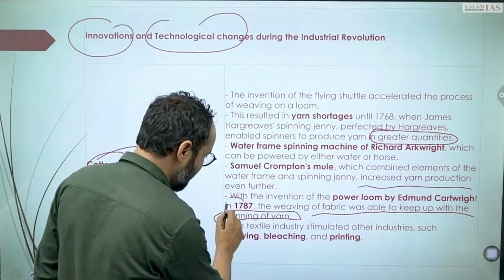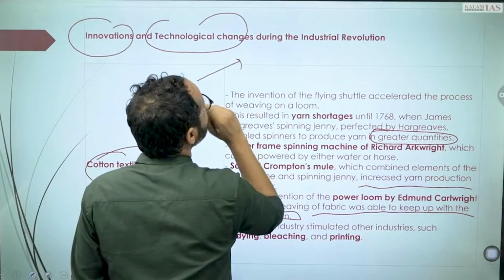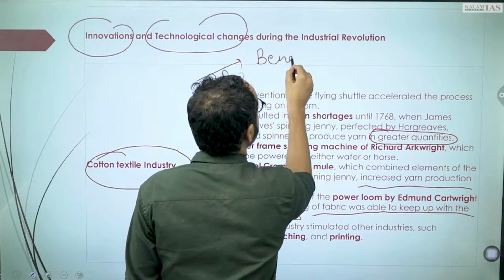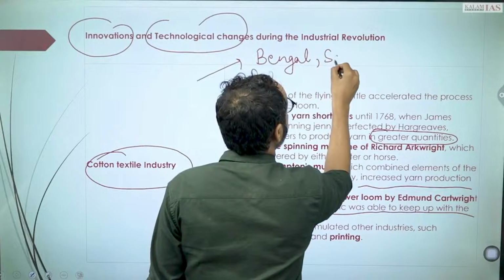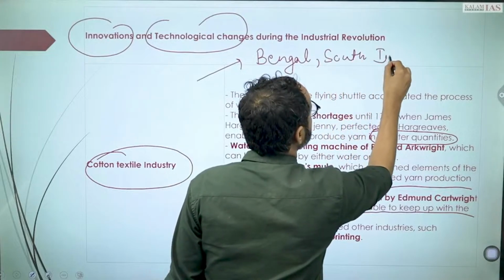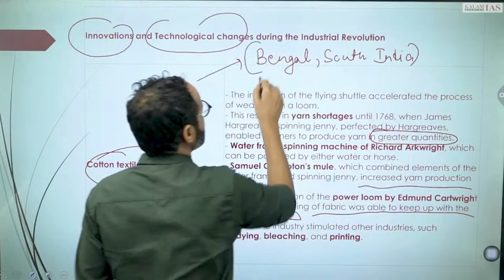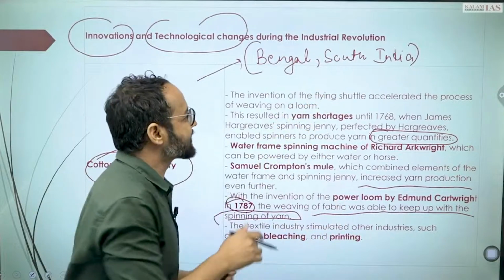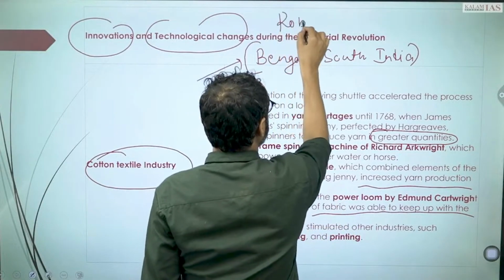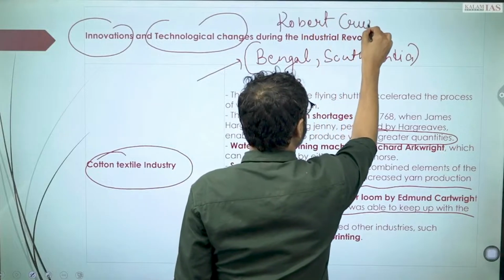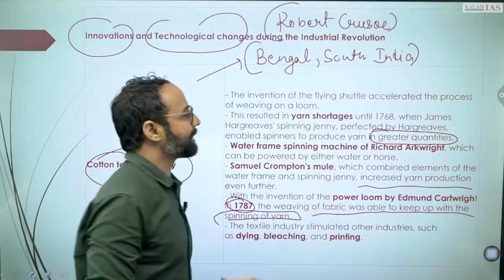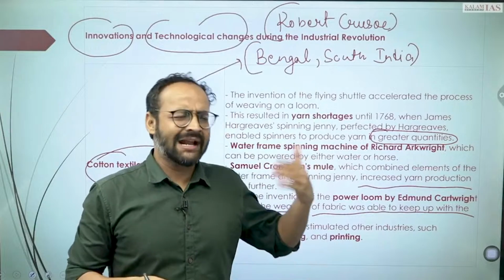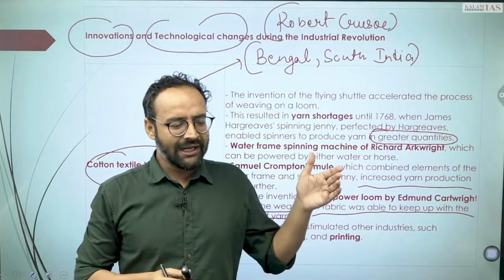And what is the time period we are talking about? The 1780s. And till this period we had more production units coming up in Bengal. Before these things came up, there was more production in India. Robert Crusoe is a poet who says that in the 1760s, when India was facing industrialization, then in the 19th century we faced deindustrialization, that Indian cloth is everywhere.